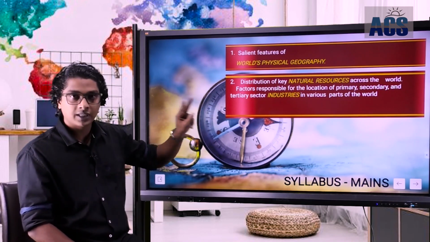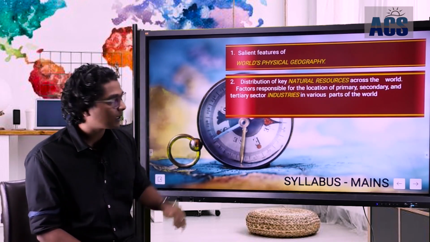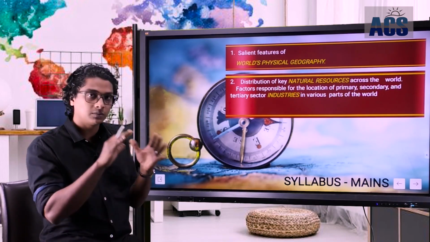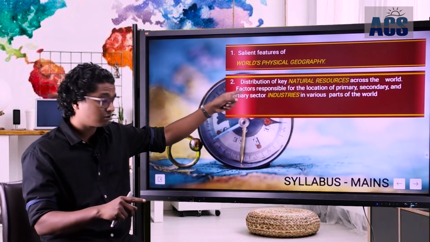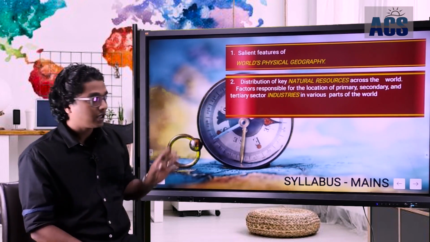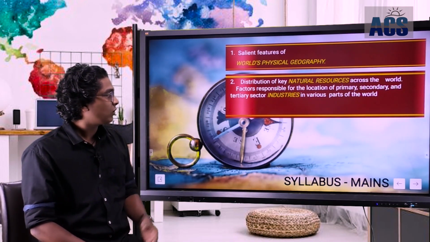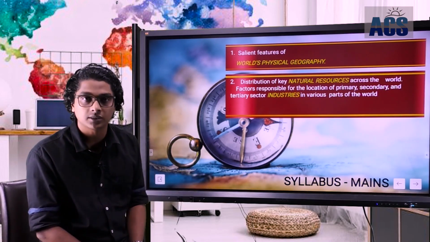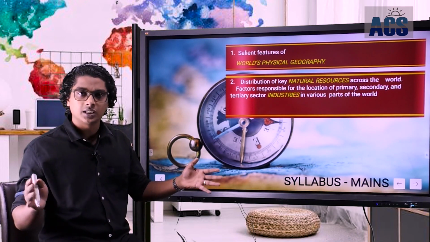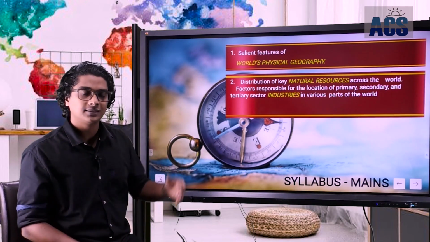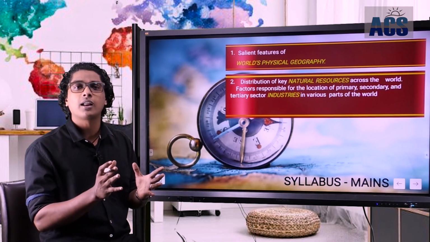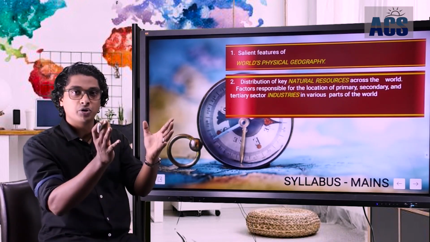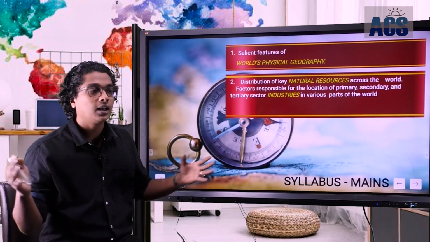So the second syllabus, there are two key subtopics, one natural resources and the other one industries. So the second syllabus is made up of two subtopics, resources as well as industries. Now regarding industries, they are specifying factors responsible for the location of primary, secondary and tertiary industries. Say primary means like agriculture, like the crops and those things, and the secondary means we'll be studying regarding say manufacturing. So the raw materials we'll be converting into some other products, like manufacturing, like say for